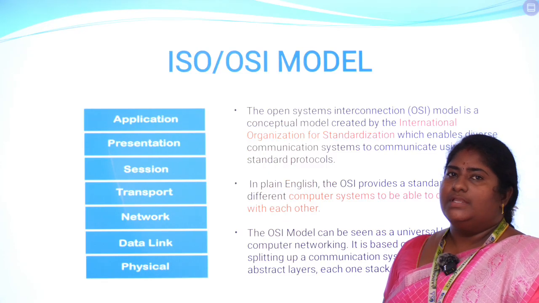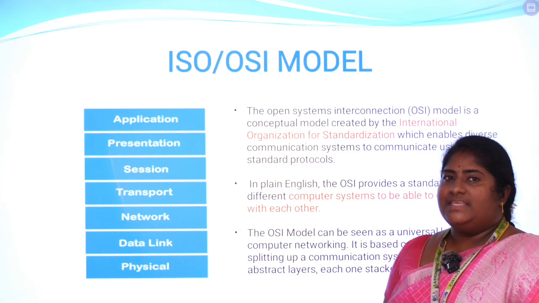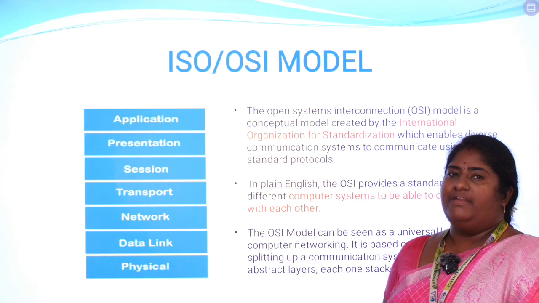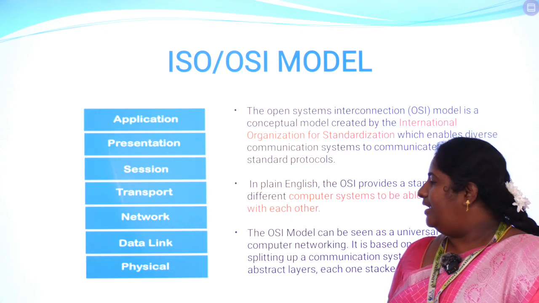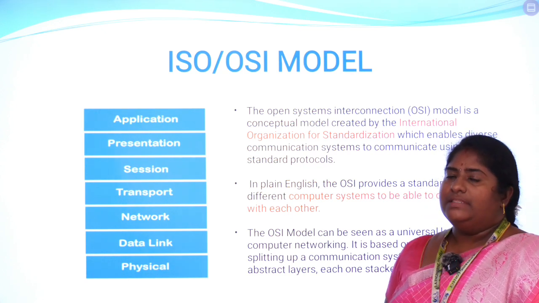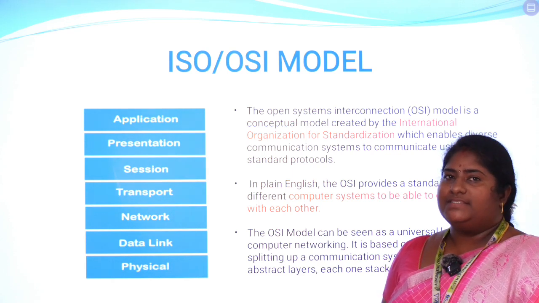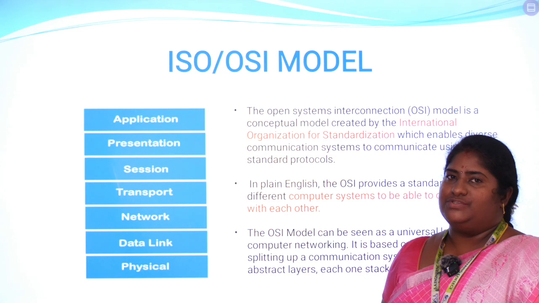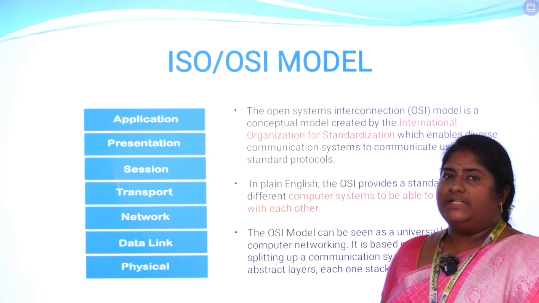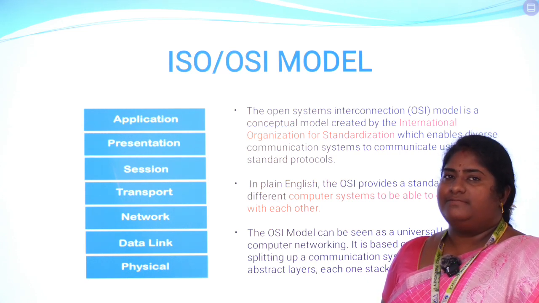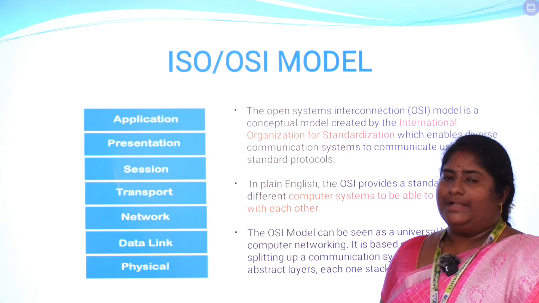So coming to the basics, the lowest level of the OSI model is called the physical layer. Here the physical layer plays a major role by transferring the data as bytes or bit streams from source to the destination. The major part of the physical layer is transferring the data from one network to the other network.